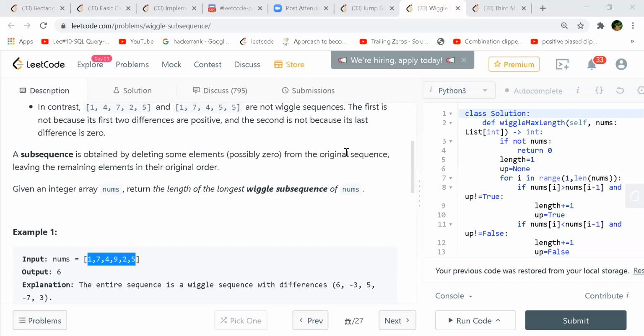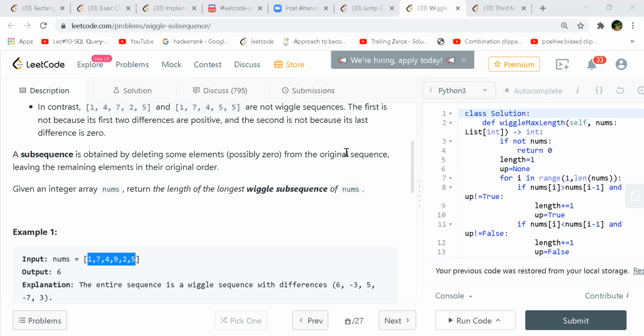Or I was thinking of a prefix difference and suffix difference, and then we can do something, but I'm not sure. You take the difference from left to right, and again from right to left, so you create two arrays. But that will work only if it is a substring; they are asking for a subsequence. No, that's fine. The previous subsequence approach I was trying was a brute force, and we can still find better ways, and one way is what you said. So if we have 6 minus 3, 5 minus 7, 3, it's very straightforward.